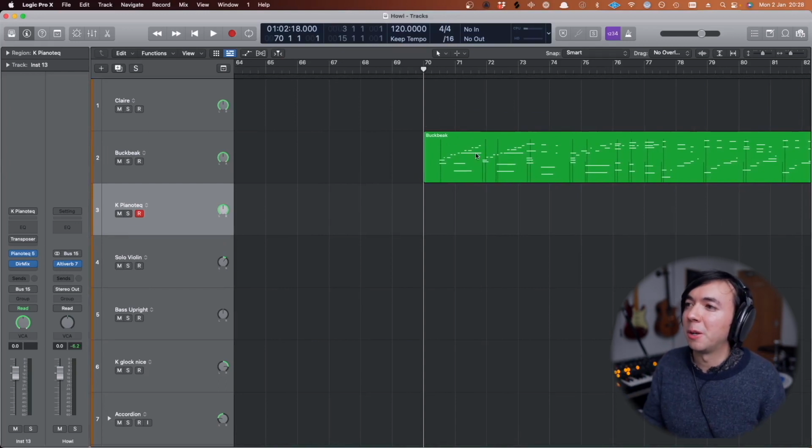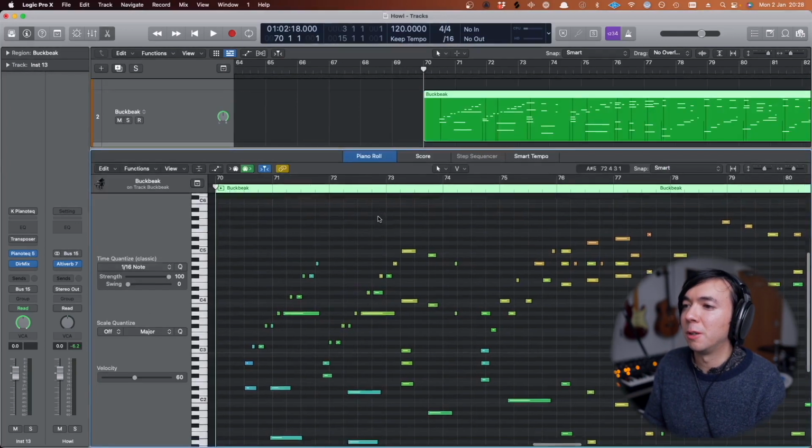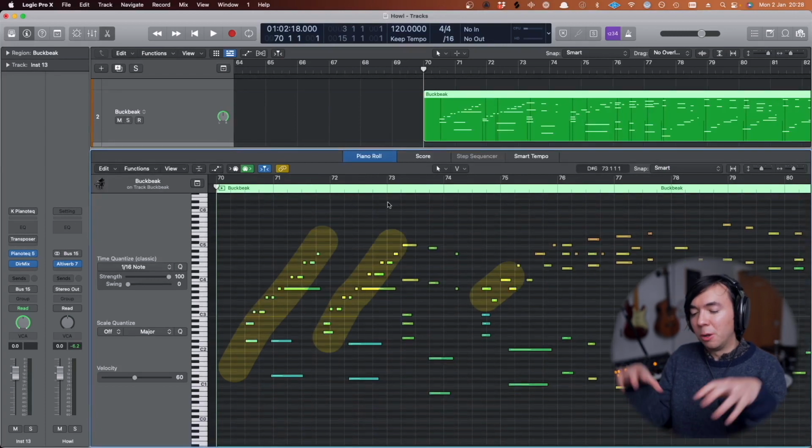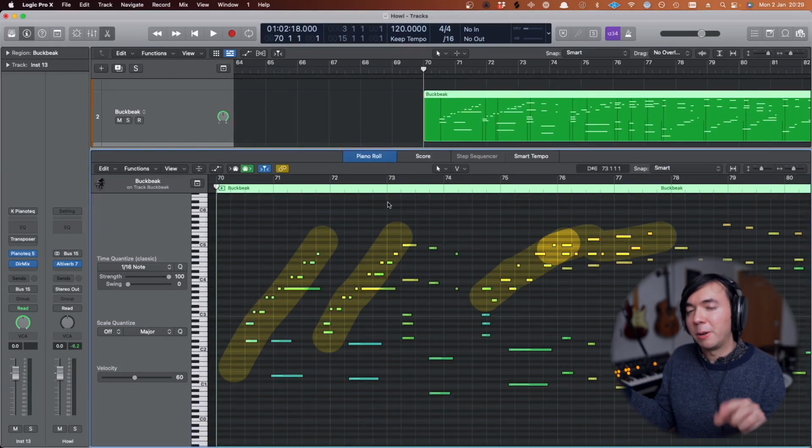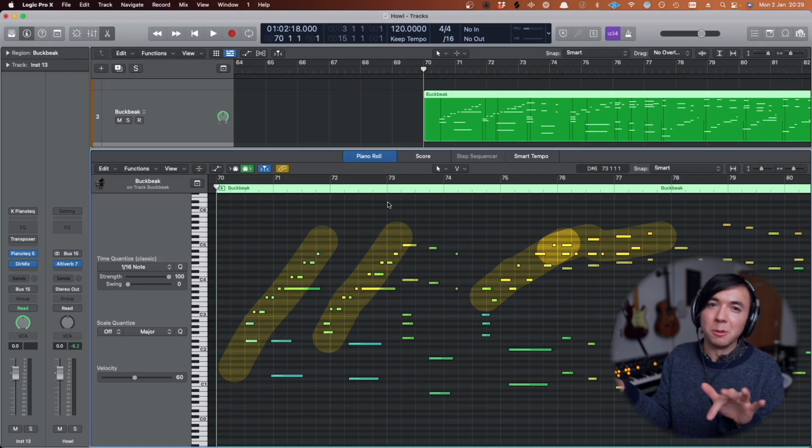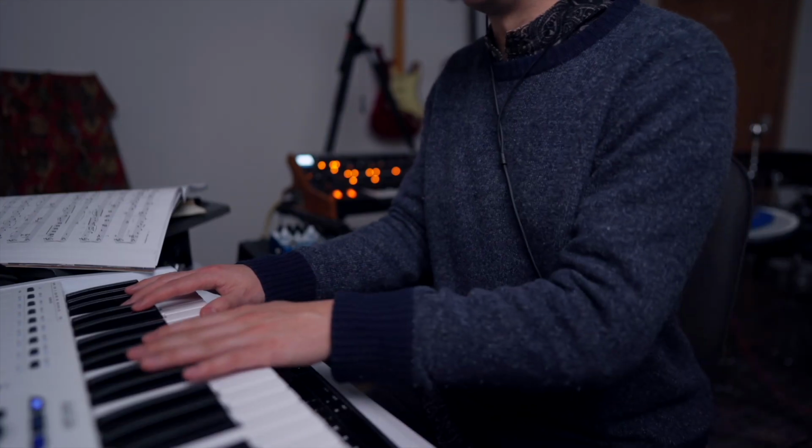What's interesting about the sequences here is that rather than being locked into scales, they're actually locked into arpeggios instead. So sequences don't have to just be for scales, they can be for any kind of pool of notes that you decide. Arpeggios, chord shapes and voicings, or just anything really. So here's our pool of notes.